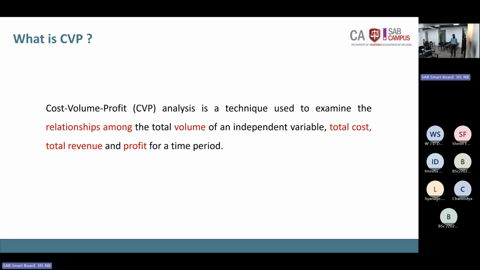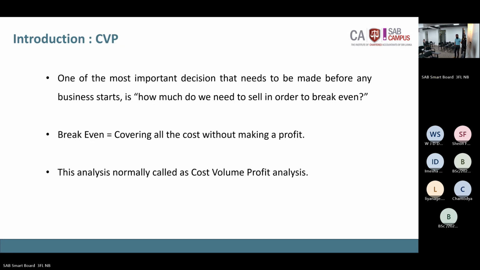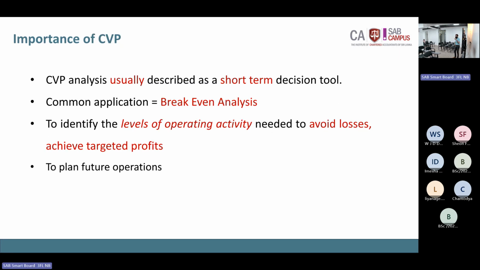So CVP analysis is a technique used to examine the relationships among the total volume of an independent variable, total cost, total revenue, and the profit. So regarding these different variables, we can collect different information to take decisions. That is what CVP analysis is. The break-even point is only one calculation that we do here. Right. So if we do the CVP analysis in organizations, we can easily identify the break-even point. It means how many units we have to produce and sell to cover all the cost,